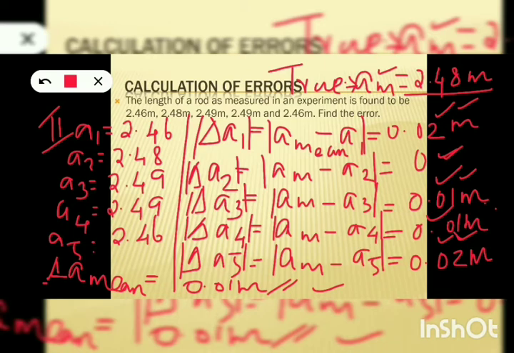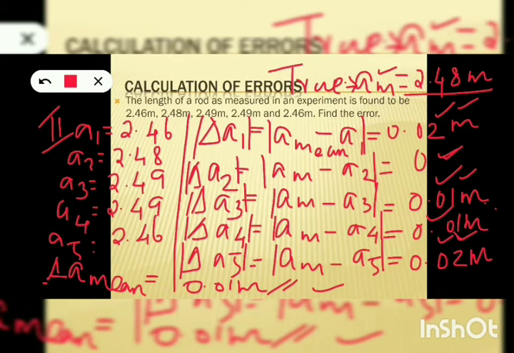Okay, length of that rod. Here itself the person has got 5 different values for the length of the rod. So when you go and tell him that the length of this rod is 2.48 meter, he won't believe that. Okay, so what is the usual or normal way to write down the actual value of a physical quantity? You must include the error part also.